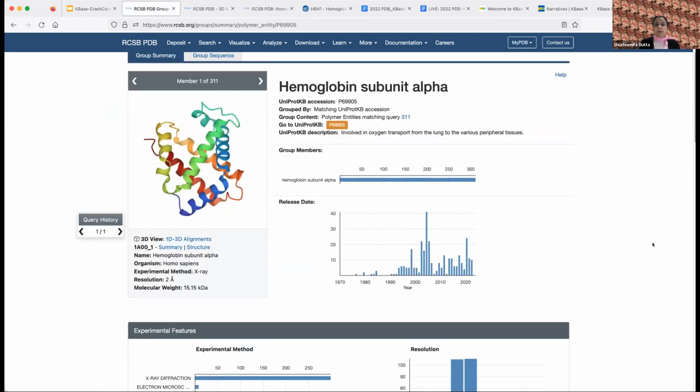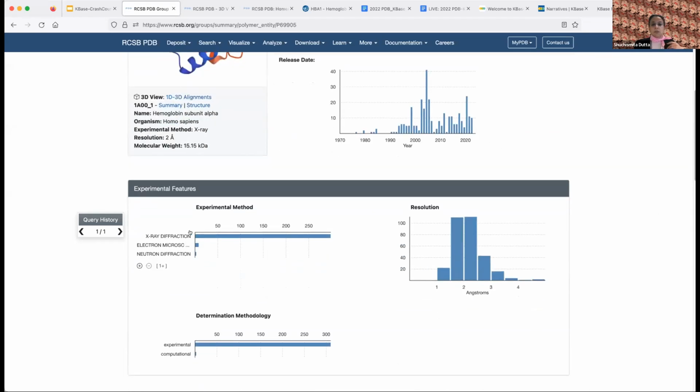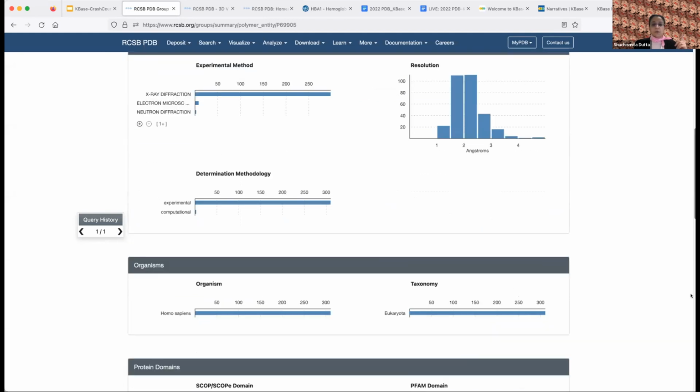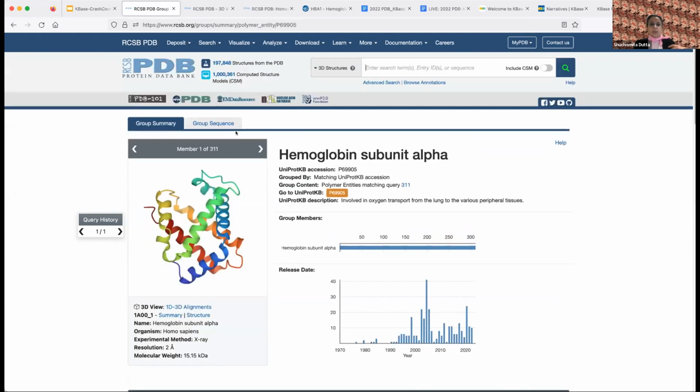It's telling me that there are 311 such structures where this particular UniProt appears. It tells you when these structures were released over time. It tells you that the majority of them are X-ray structures, some electron microscopy, neutron diffraction, and one computational model structure also, and it tells you other things. What is interesting is if I click on this group sequence tab,